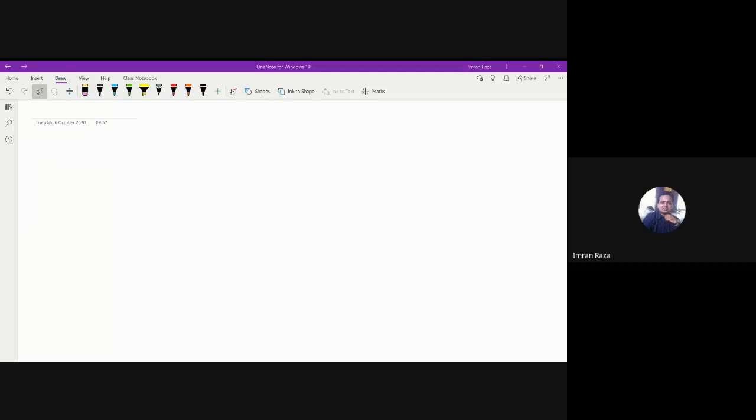Today we'll talk about the application layer first. The application layer will be covering the different network applications that we use in daily life, and the protocols that are required by these applications.